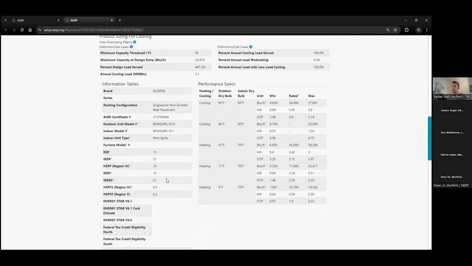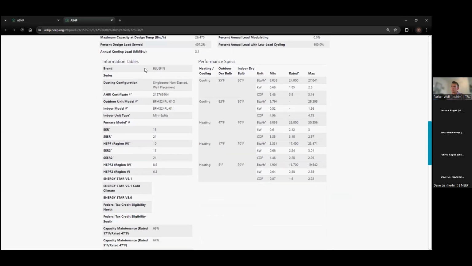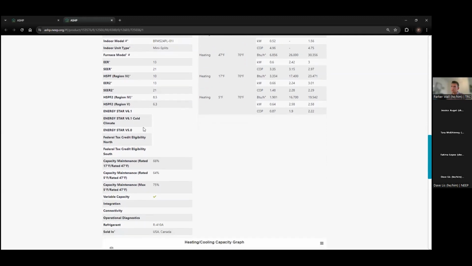And then you come a little below that and it becomes the information tables, which has all the information that's uploaded by the manufacturer. It has your ERC or HSPF 1 and 2 if uploaded. And then it has your product basic AHRI model numbers in those. You scroll down a little lower, if this piece of equipment was eligible for a federal tax credit or was Energy Star 6.1 certified, then you have a little green check mark here. We'll go over some pieces of equipment later that might, but it would look like this and be in one of these boxes. So you can tell that this one does not have a check mark there, so it is not